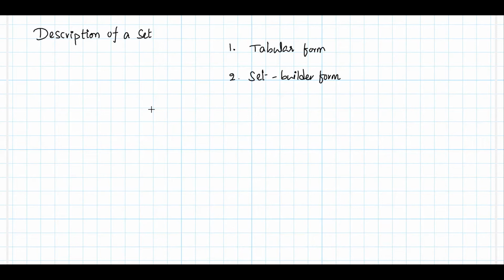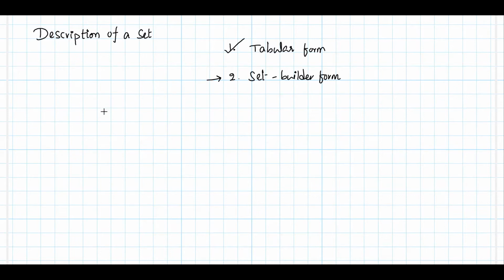In the previous session, we were working on how to represent a set, and we understand that we write all the elements comma separated and then we keep them in a curly bracket. That's the representation of a set, which is generally tabular form. Now in set builder form, we come up with a mathematical expression which gives all the necessary elements for the set. We'll try to understand by taking an example here.